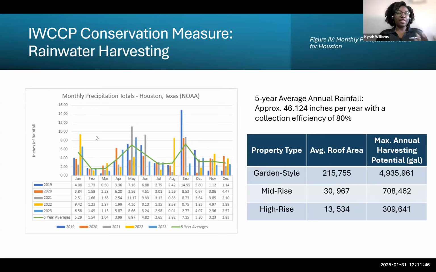Now, one thing that I would like to make note of is a lot of things needed to be cross-checked, a lot of things needed to be verified. But one thing that was able to stand out is looking at garden style, mid-rise, and high-rise, the average roof area definitely changes